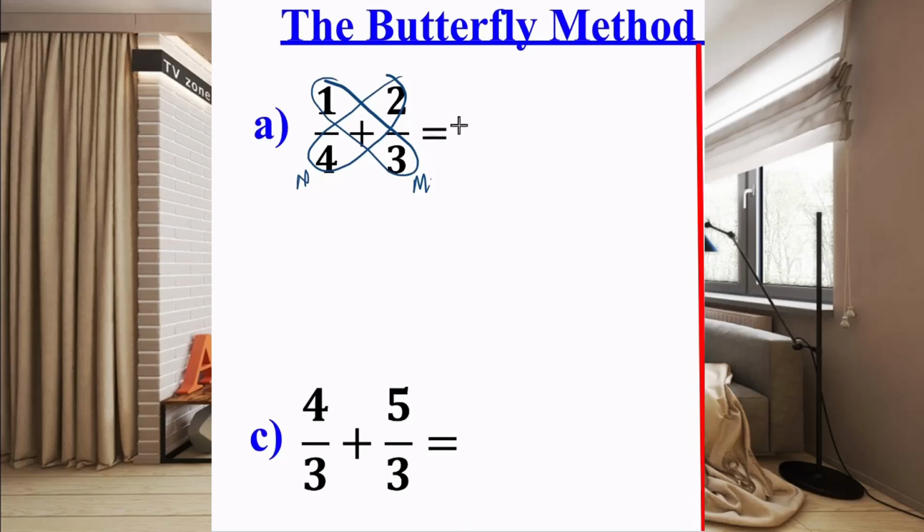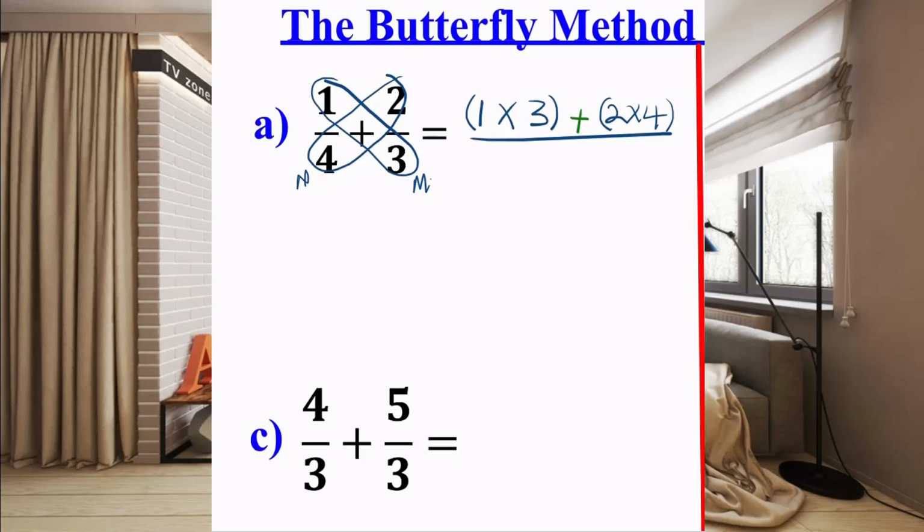So in here, simply, we are going to have 1 multiplied by 3 in brackets. And since it is addition, we put the addition sign there. Then we do the same by getting the multiplication of the entities in the minor diagonal. So we have 2 multiplied by 4, the whole of it being divided by